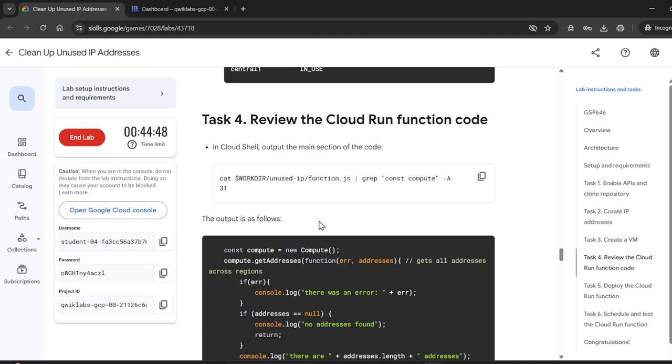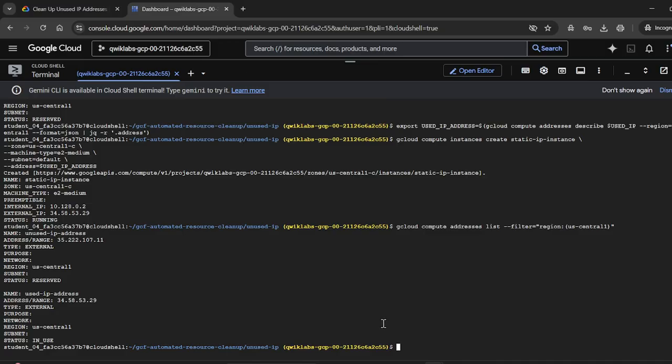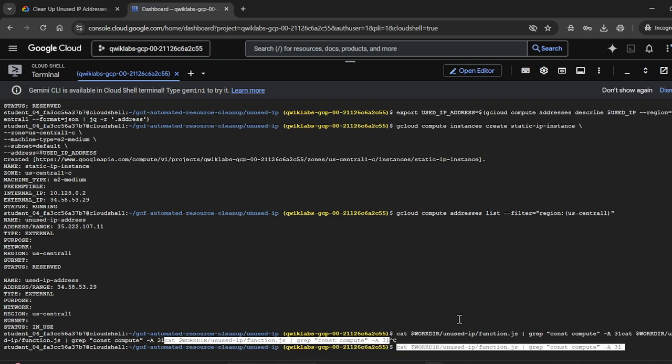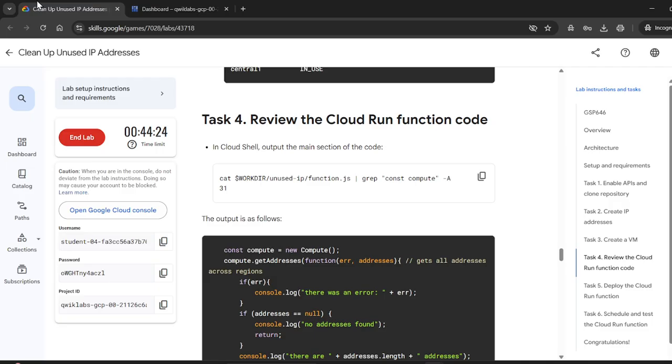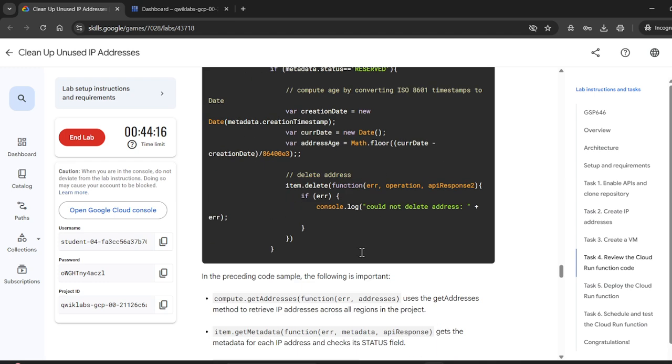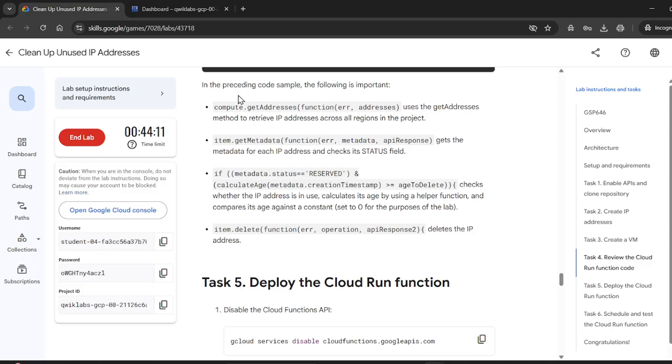Come back to review the Cloud Run functions and code. The Cloud Shell output has the main section in the code. Kind of a review of the code. Copy and paste it. Control C, paste it. This is a review of our code, which is kind of JavaScript code